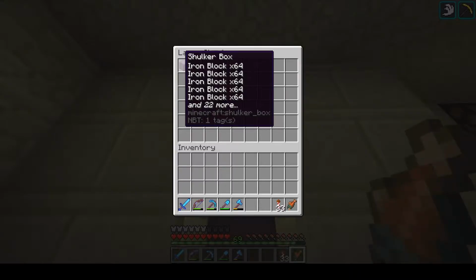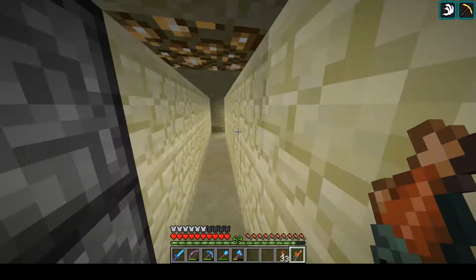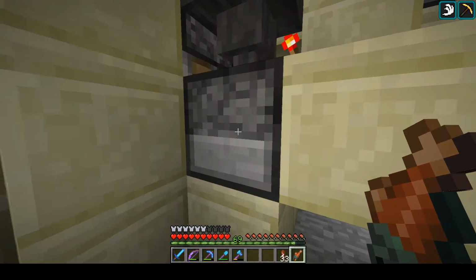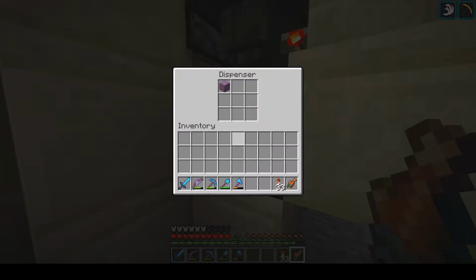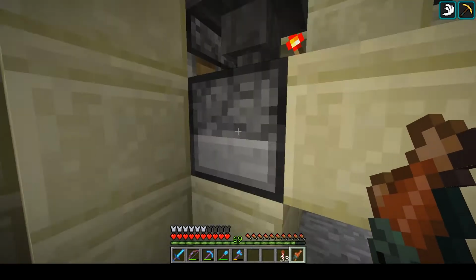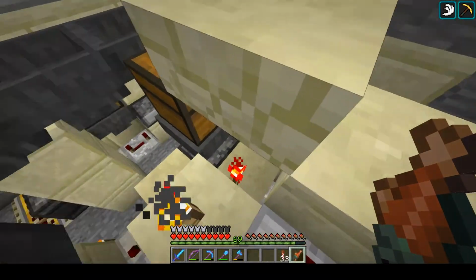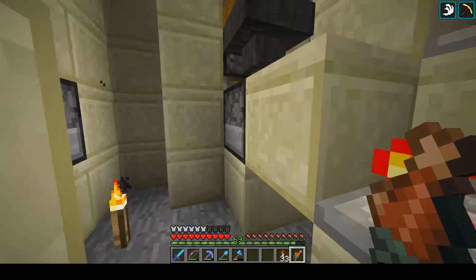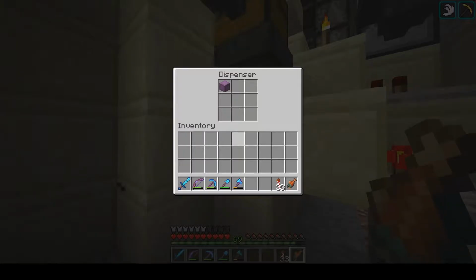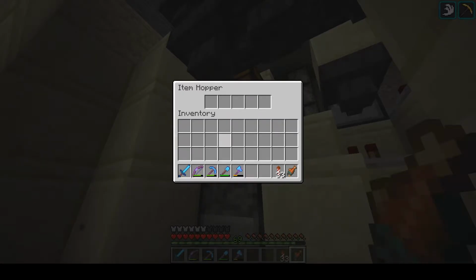As you can see here, we have one shulker box here. We have one shulker box on display. And we have one shulker box waiting to be dispensed, and nothing in here. And that's the little trick about this whole setup, is that you should only ever get one shulker box waiting in the dispenser. You will get one waiting in the hopper as well,